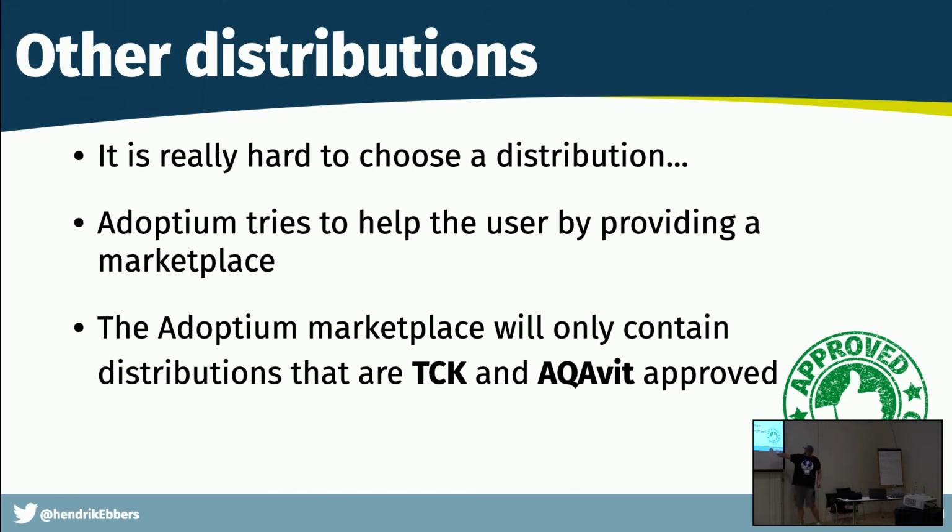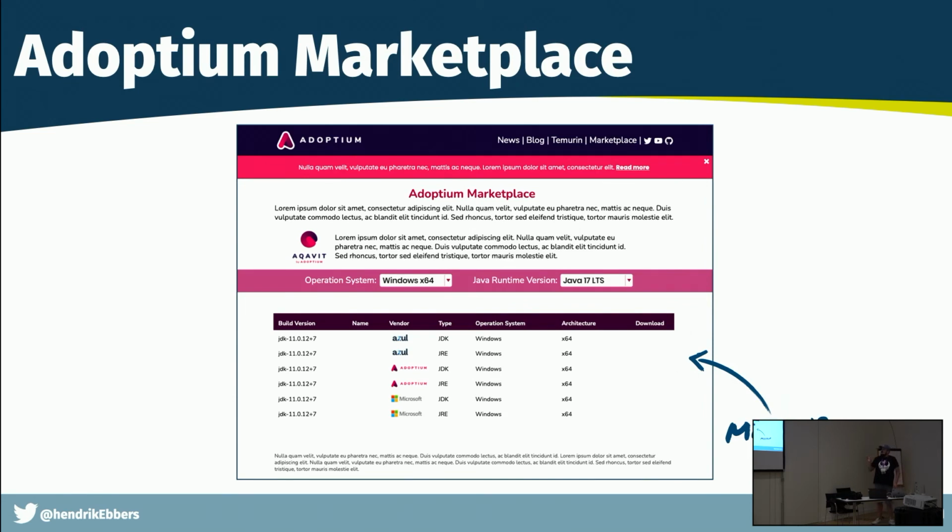And there are two checks on the market, the TCK, the one that comes from Oracle, and AQAvit, that really provide, by executing them against the binaries, Java binaries that are allowed based on the TCK to be named Java binaries that can easily be used with any application, starting from a small startup up to Twitter or Netflix, who are using binaries that in the future will be in the Adoptium marketplace, because this is the third project where we are currently working on, and I hope that it will be released within the next days, because that will be a place